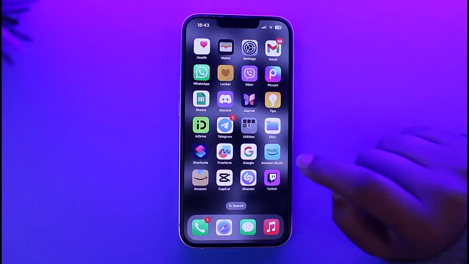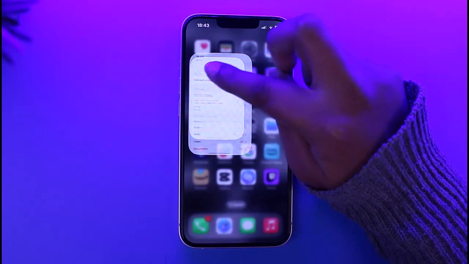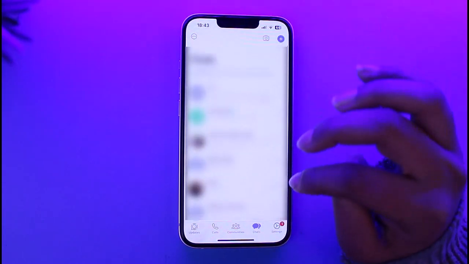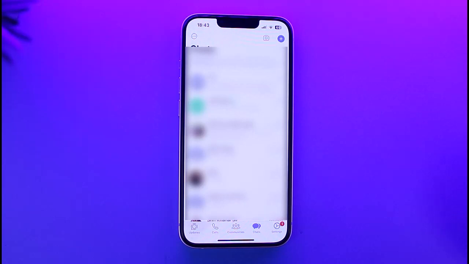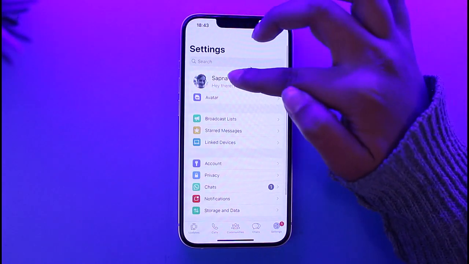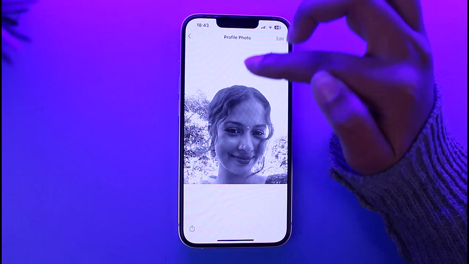Let's get into it. For that, go ahead, tap on your WhatsApp on your mobile phone. Let's go to our home section, which will be chats when we open it up. Right afterwards, we're gonna go ahead, tap on this option of settings in the bottom section, and let's go back a bit. And right over here, if you tap on your profile, you can see we have this particular picture